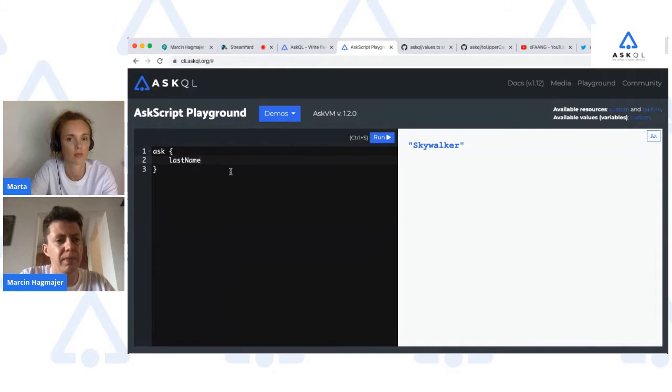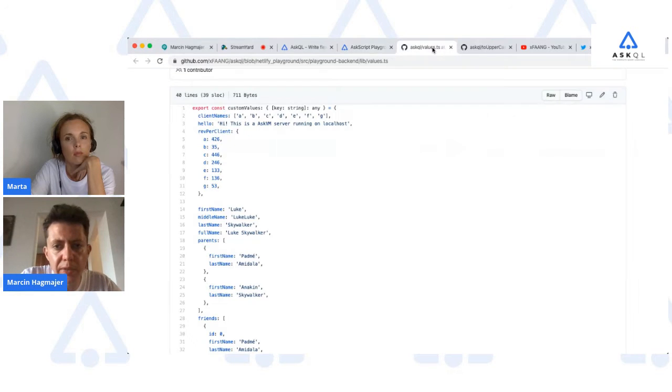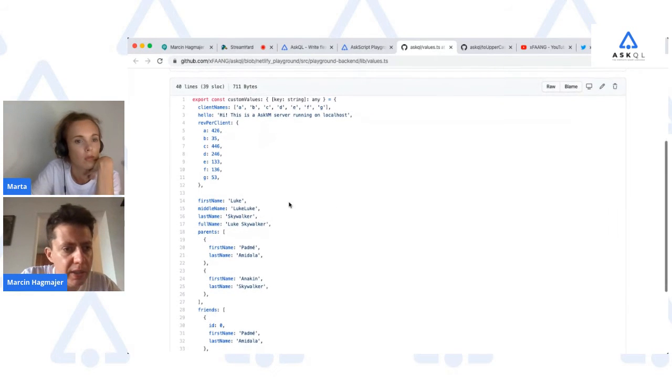So as you can see, this says Skywalker. Inside the values you have two more properties describing the names. If you click through to the values, you can see that you have the first name, middle name, and last name. The full name, yeah.